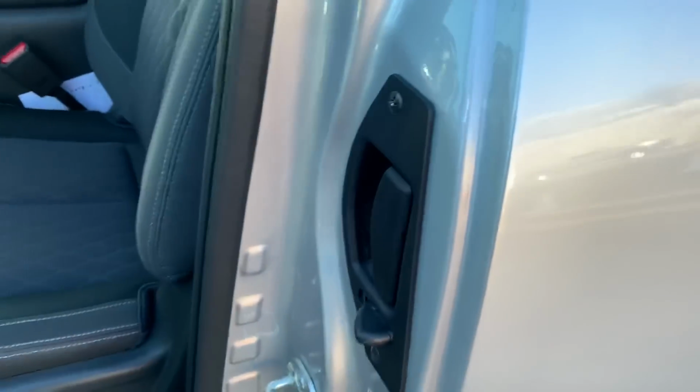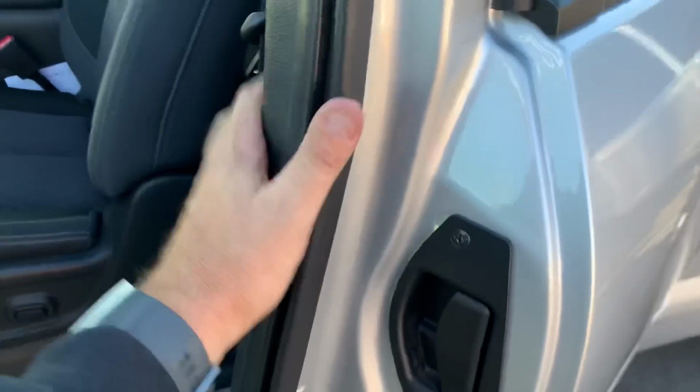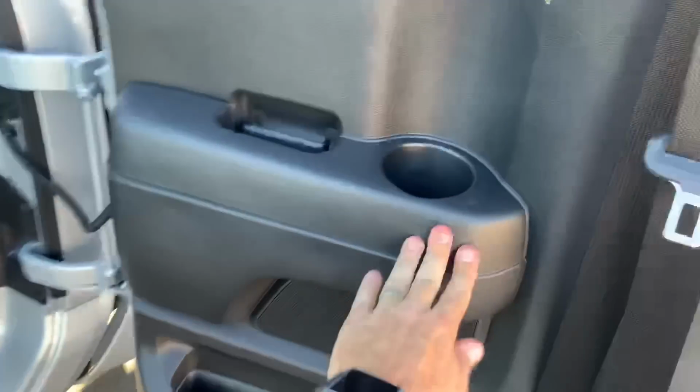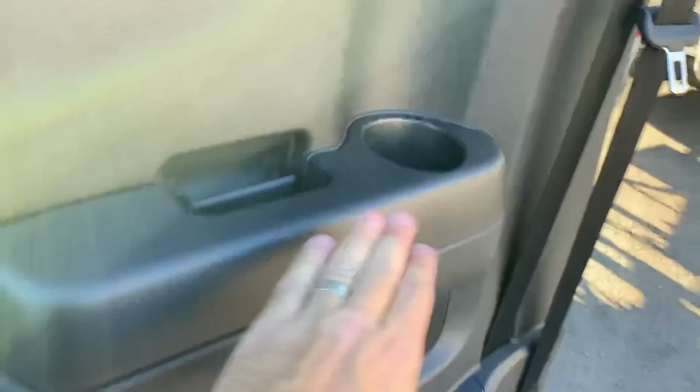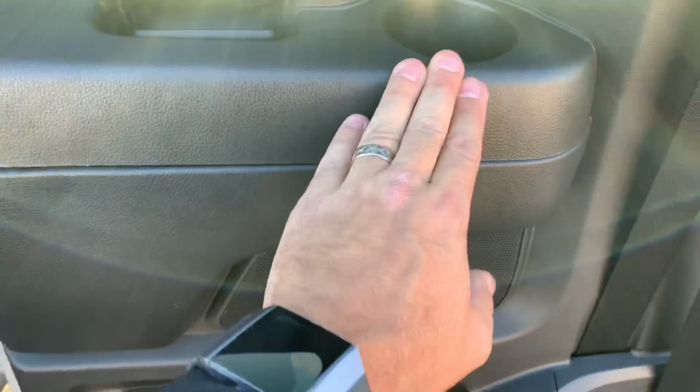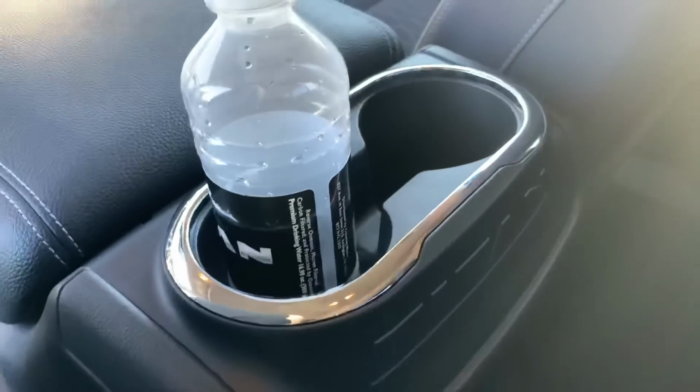All right, so the beeping stopped. There's a handle right here, and it opens basically 180 degrees. Double hinged. I mean, 2 hinges here. And lots of cup holders still, as you can always see. These Titans have been really good with that. 2 in the door. There are 2 here for the rear passengers. USB ports,